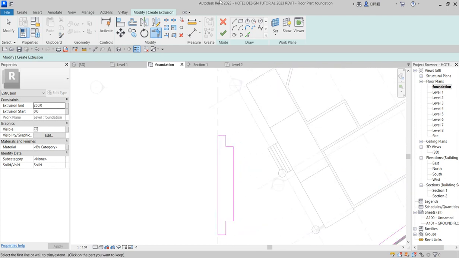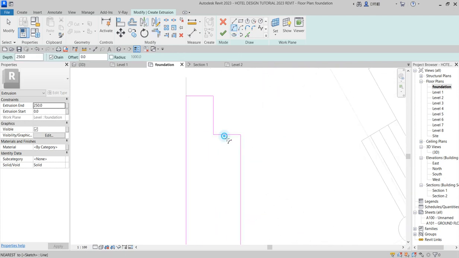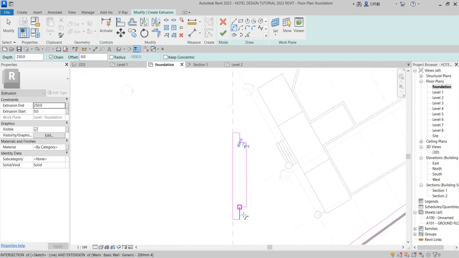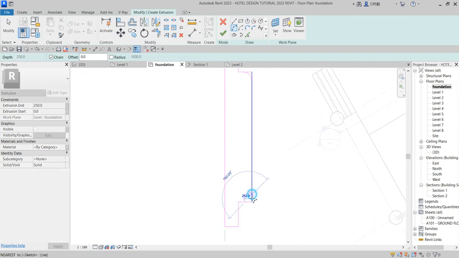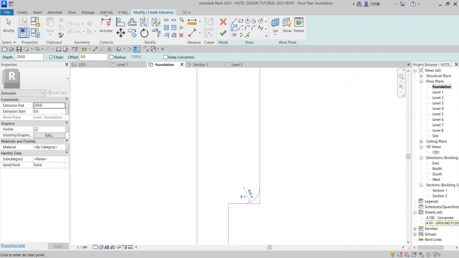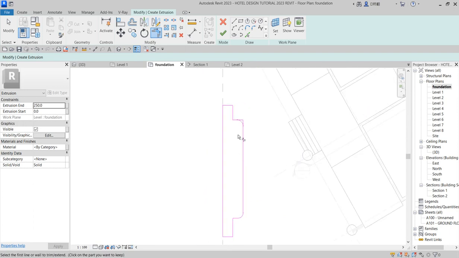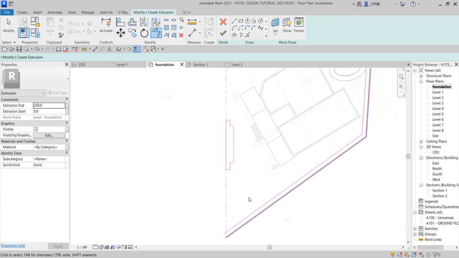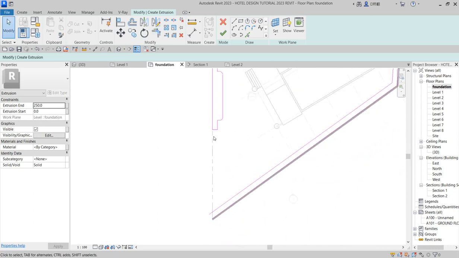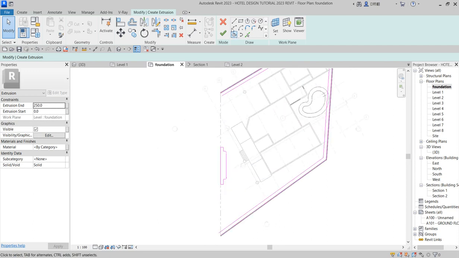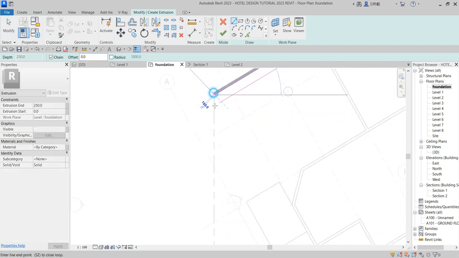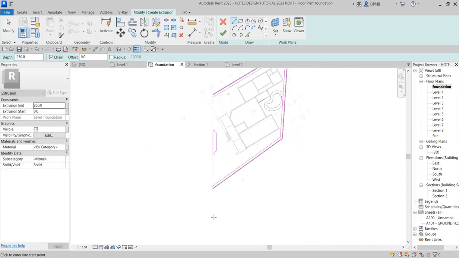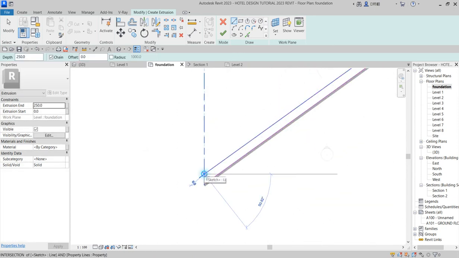Good. So now from this edge, trim that aspect as well. Good. So here is what you've done. Then you close this one up. Do the same closing here. Trim or